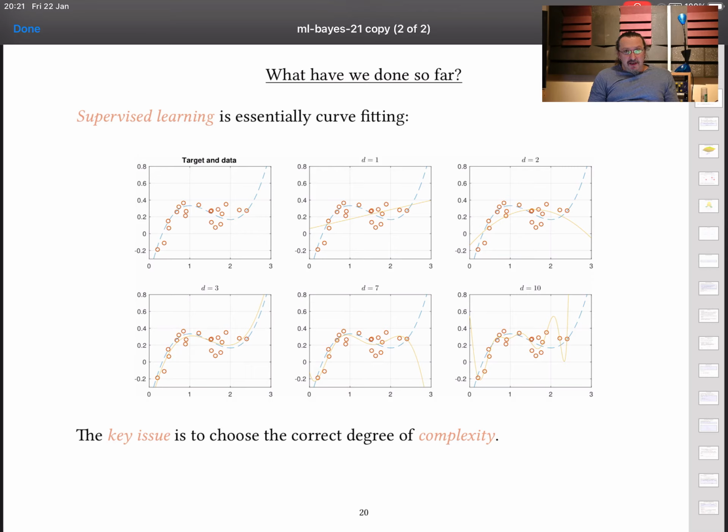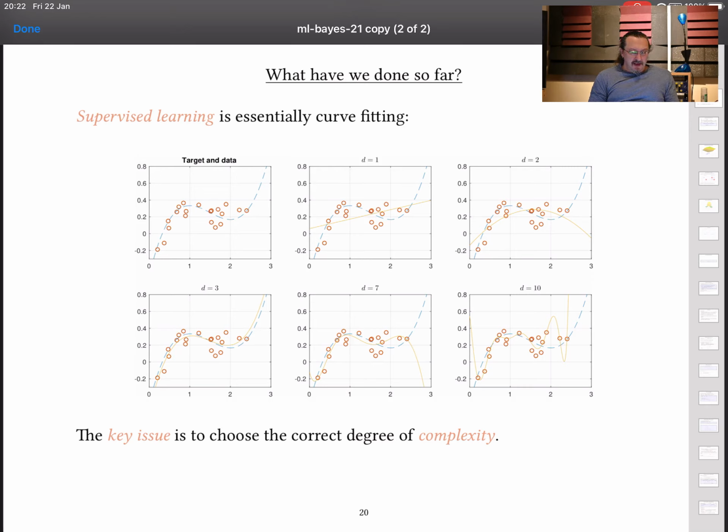Now what's going on here is straightforward. It's exactly the sort of curve fitting that you will have been familiar with from your earlier education, I would imagine. But I should go into a little bit more detail about what I've actually done in order to make this diagram, because it's going to become important later on. Here we're doing regression, we have a single feature, and we're trying to predict a real number. The red circles here denote some training data that I've generated. The blue dotted line is essentially the correct relationship between x and y that you are trying to identify, but which you never actually get to see.